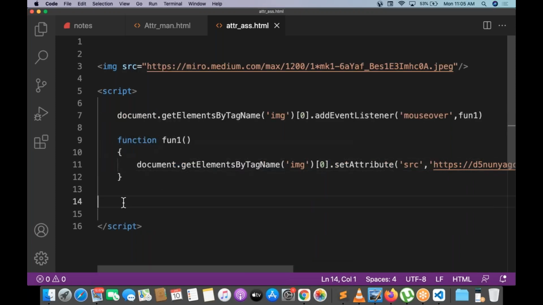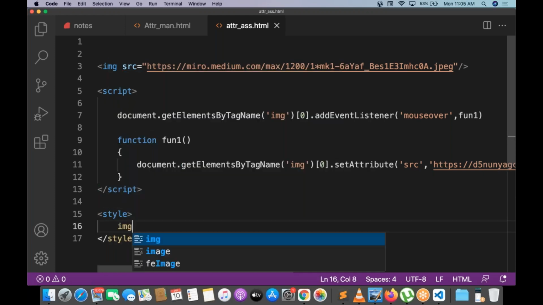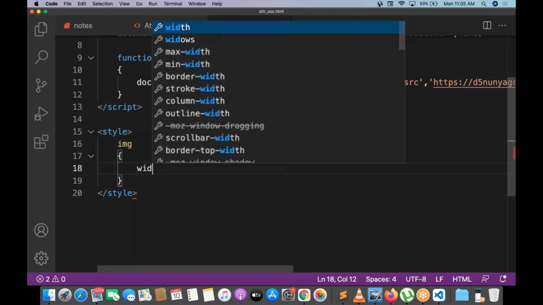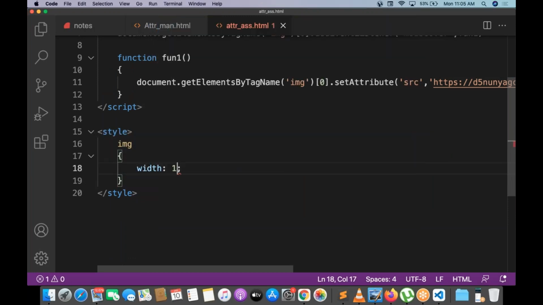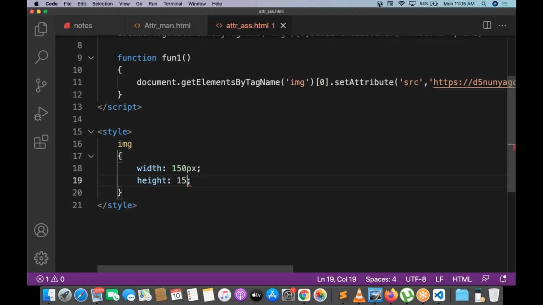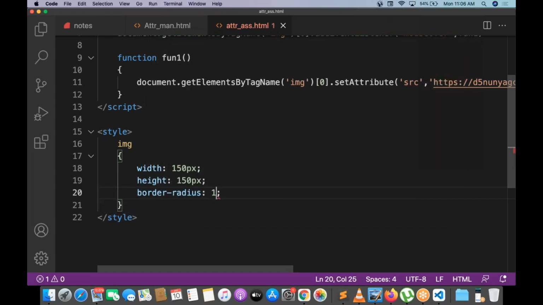And let me write some style sheet for this. Style, and img: width of the image 150 pixel, height of the image also 150 pixel, and border radius 15 pixel.